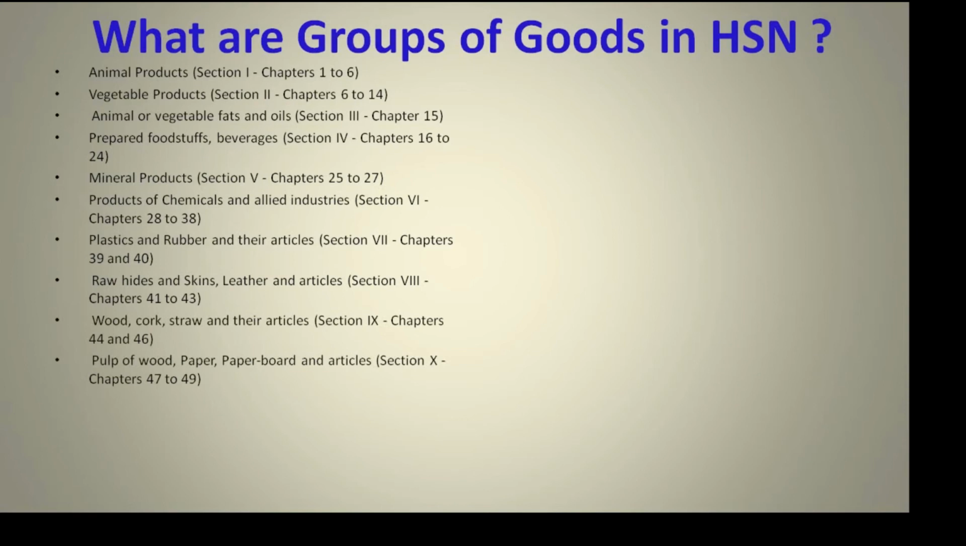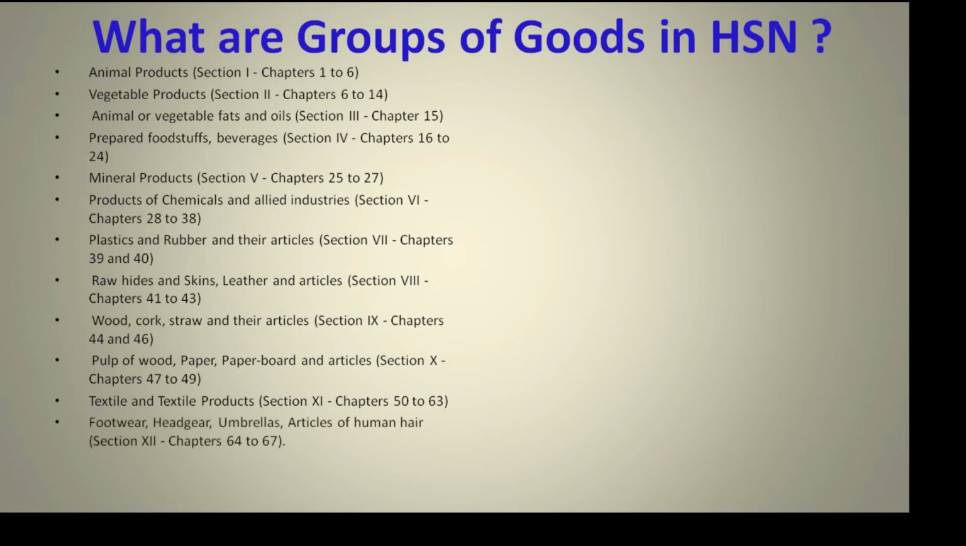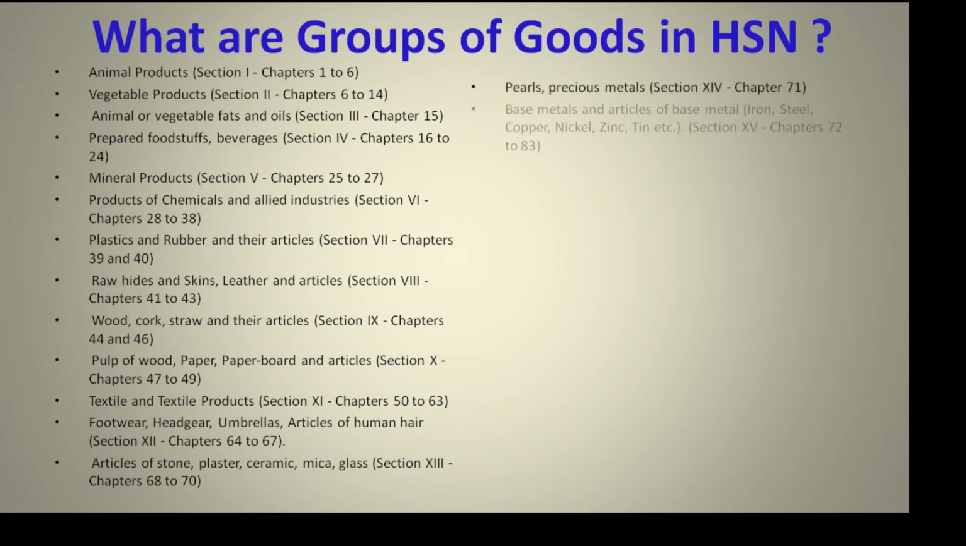section 9, chapter 44 to 46; pulp of wood, paper, paperboard and articles, section 10, chapter 47 to 49; textile and textile products, section 11, chapter 50 to 63; footwear, headgears, umbrellas, articles of human hair, section 12, chapter 64 to 67; articles of stone, plaster, ceramic, mica, glass, section 13, chapter 68 to 70; pearls, precious metals, section 14, chapter 71,